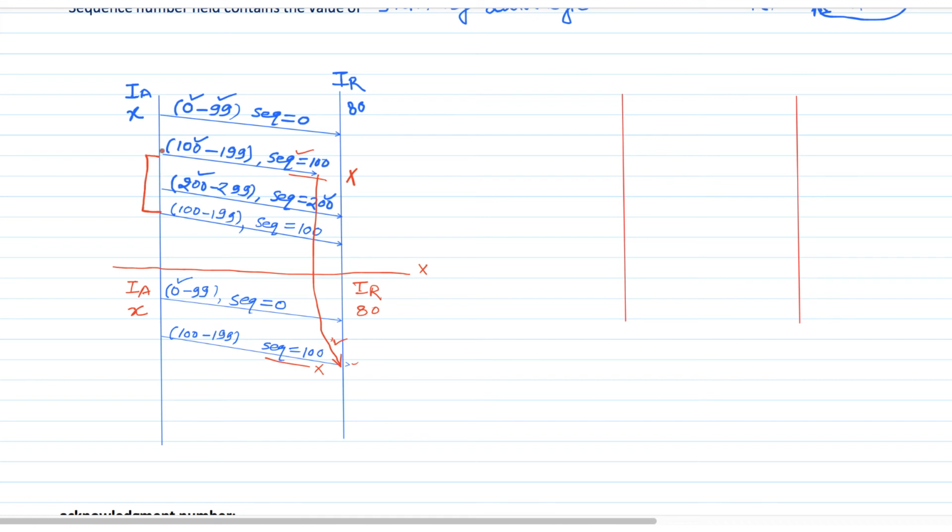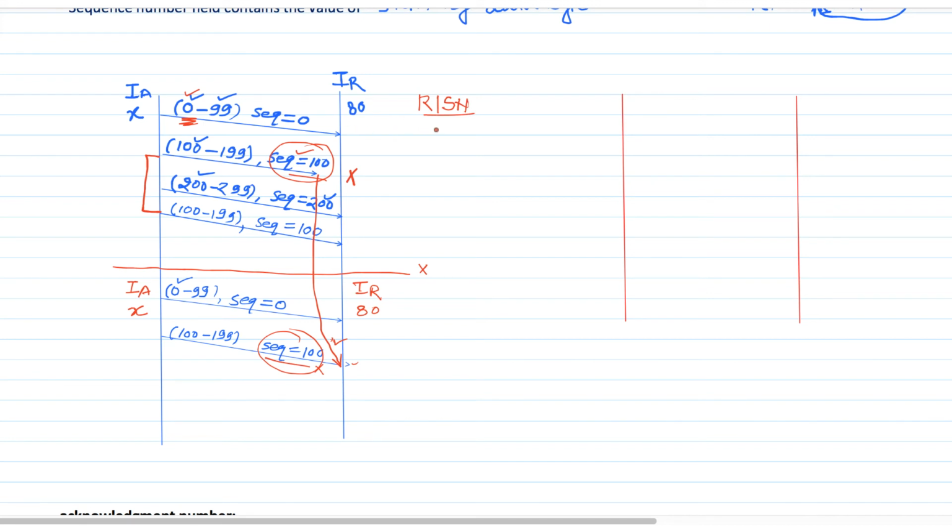The reason is that we are always starting our data transmission with sequence number 0, so we are using the same sequence number in both cases. So the rule is: don't start your sequence number from 0 each and every time. Instead, try to use a random initial sequence number.